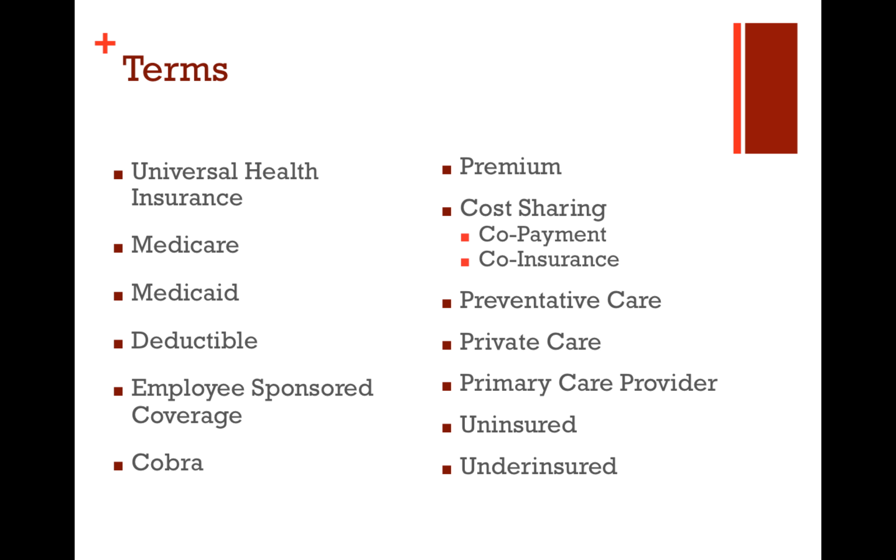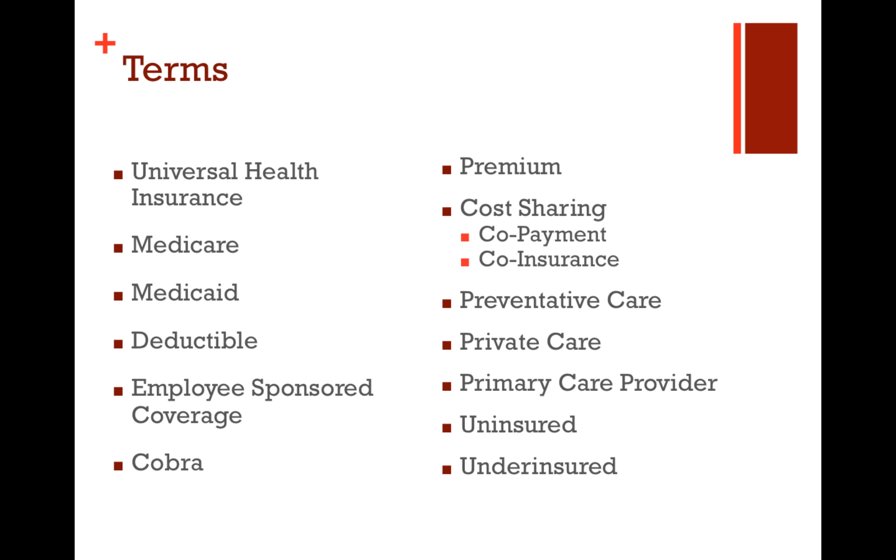And the type of plan that you get is really going to be determined by a number of things. One being, is it employer-sponsored? Employer-sponsored coverage tends, in general, to be somewhat better and less expensive than insurance on the private market. This has to do with the fact that employers, especially if they are a larger company, can negotiate better premiums and better insurance rates than you could as an individual seeking out health insurance on the private market, typically.